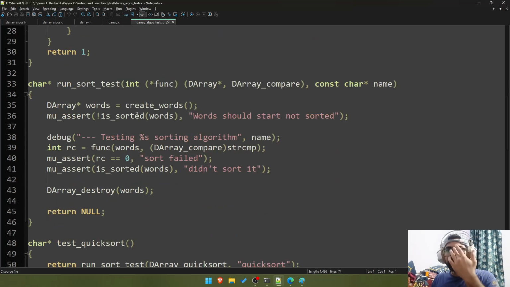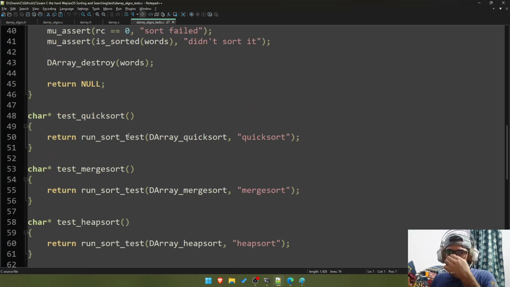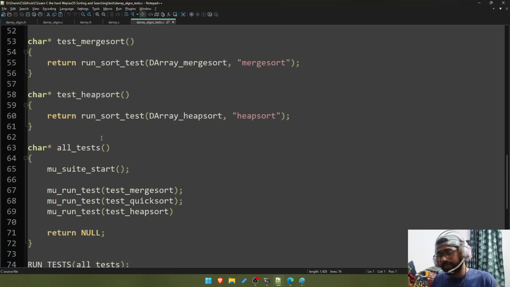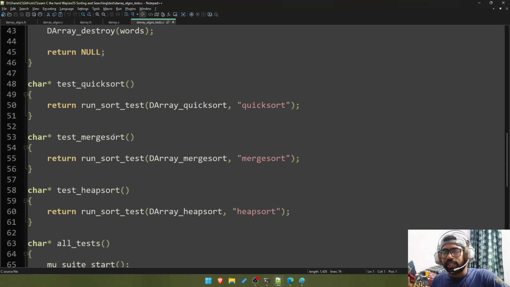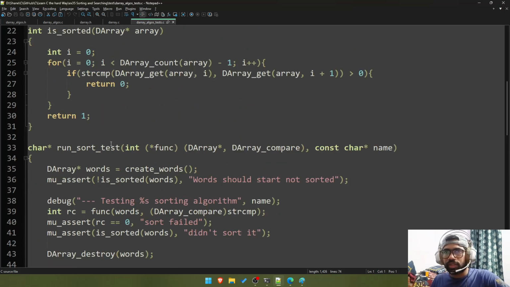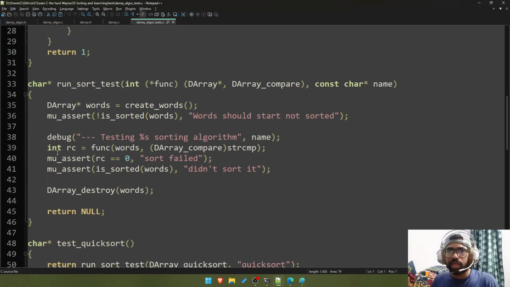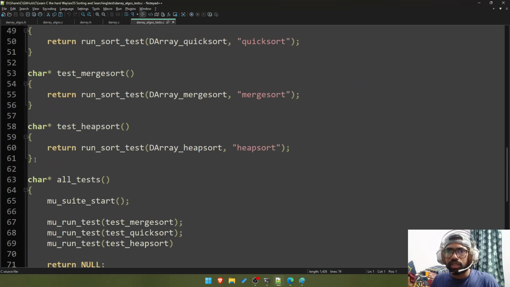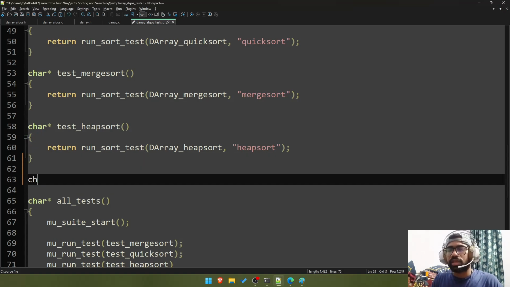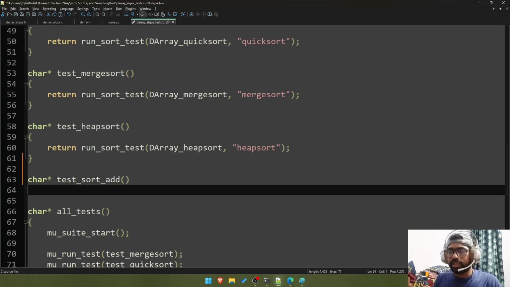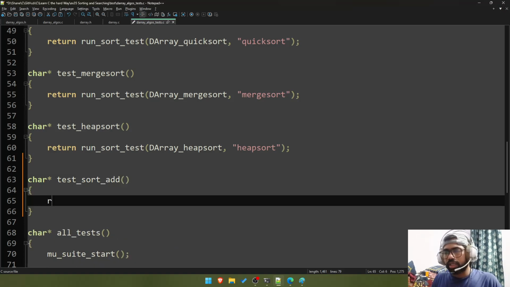Run test and this. Okay, now along with this I want to unsort test, char star test sort add, and we return null for now,